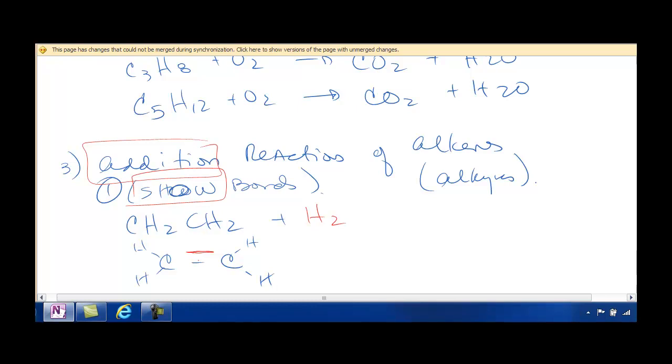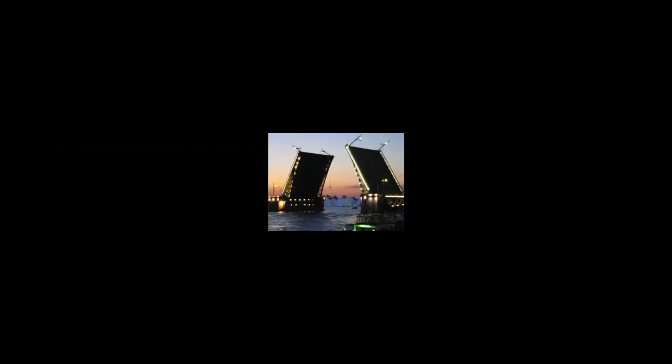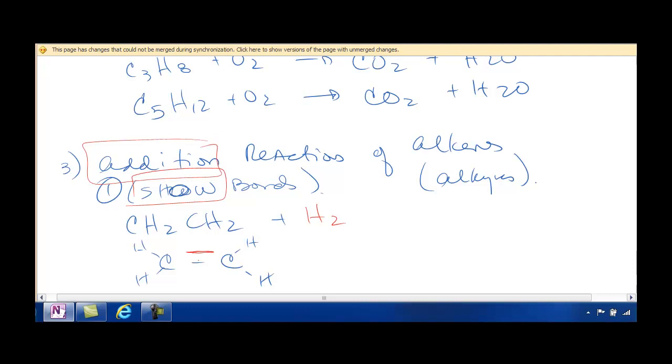Saturated hydrocarbons have single bonds. Unsaturated hydrocarbons have double or triple bonds. That double bond, which I'm writing in red, can open up, just like a bridge will open up. And when you open it up,